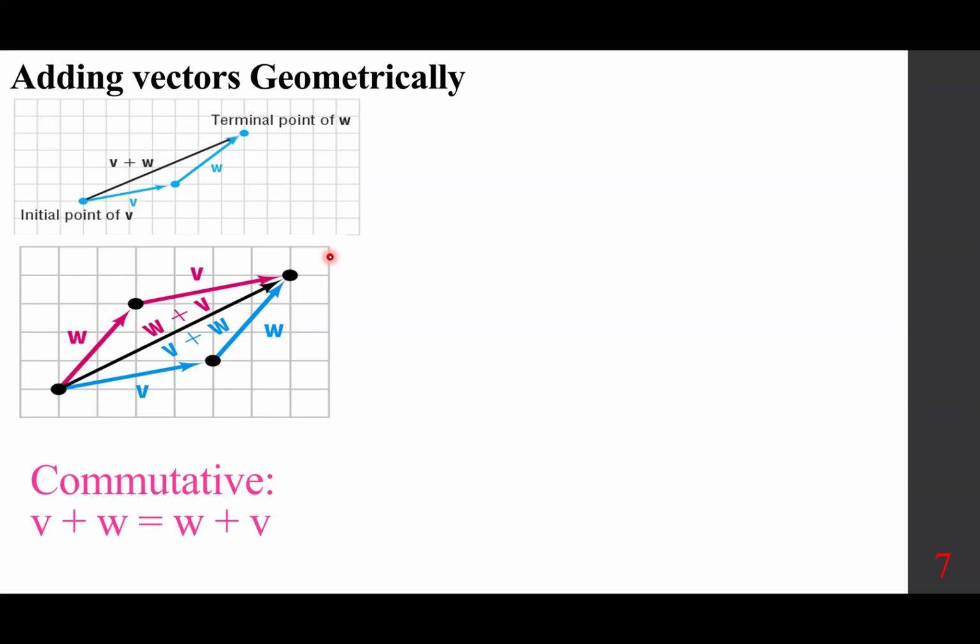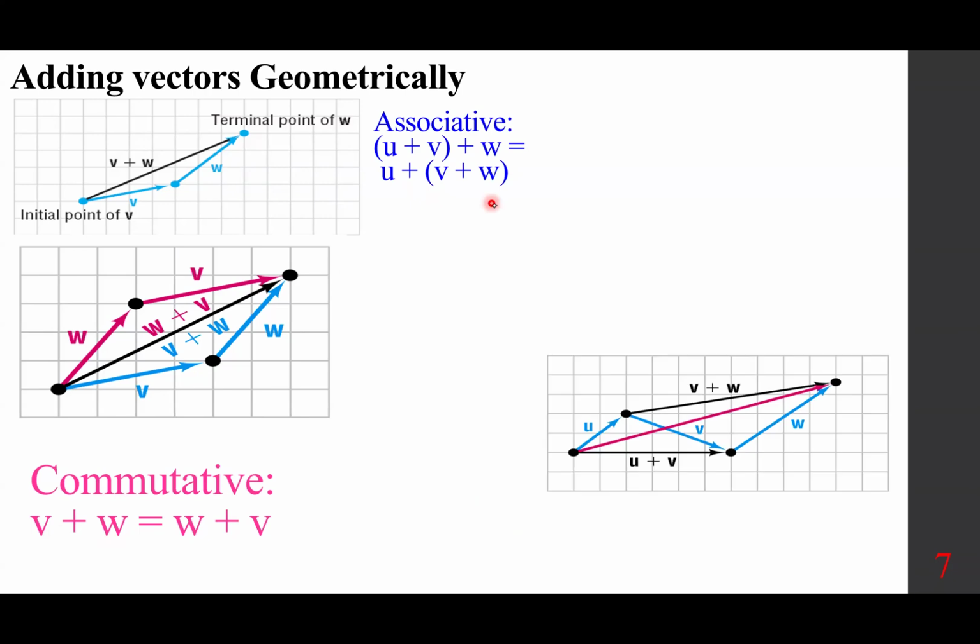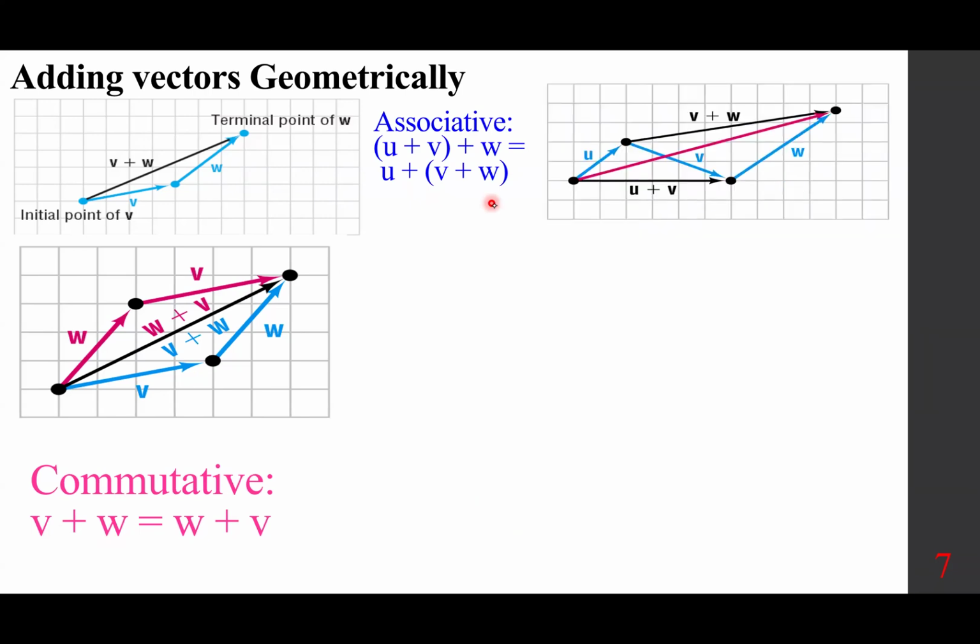That's the commutative property, which says order is not important if you have two pieces. Remember, A plus B is B plus A. So V plus W is W plus V in any order you do it. The associative property says U plus V plus W, you can do it in any order. So take a look at what happens. So U,